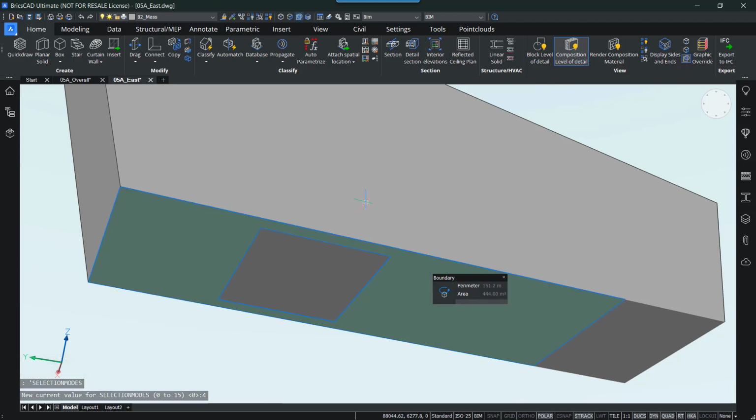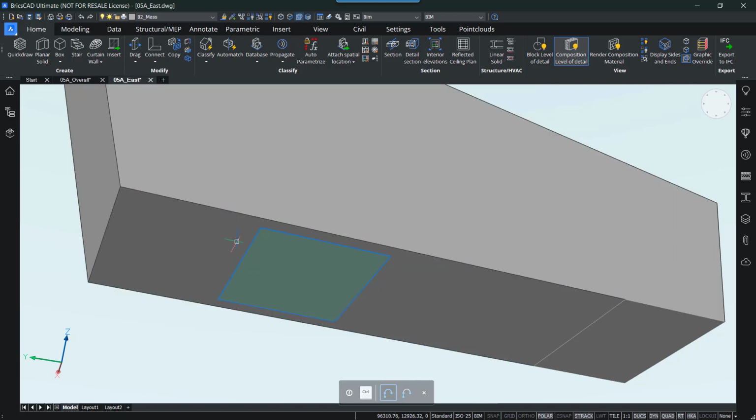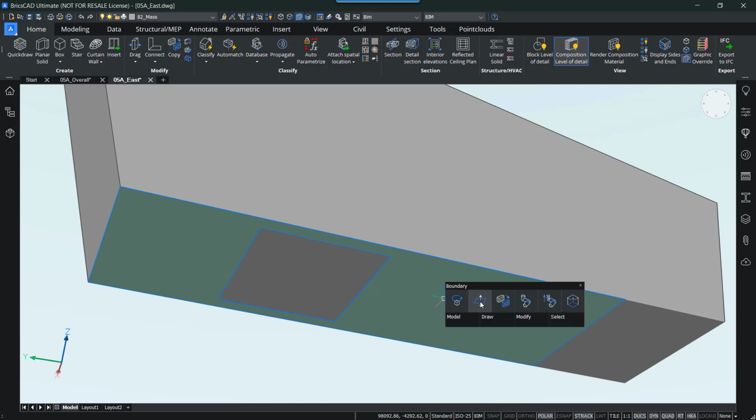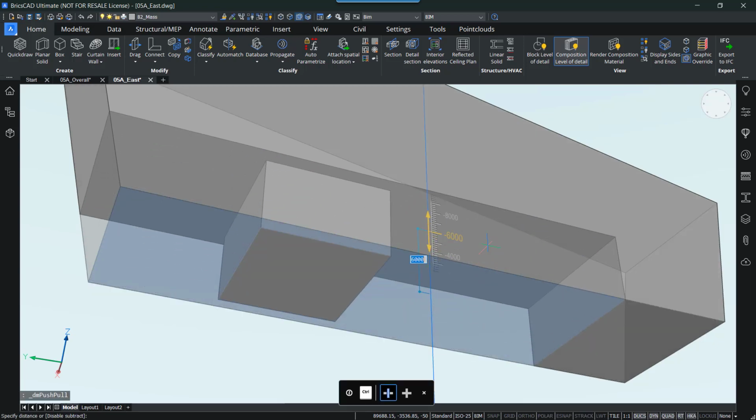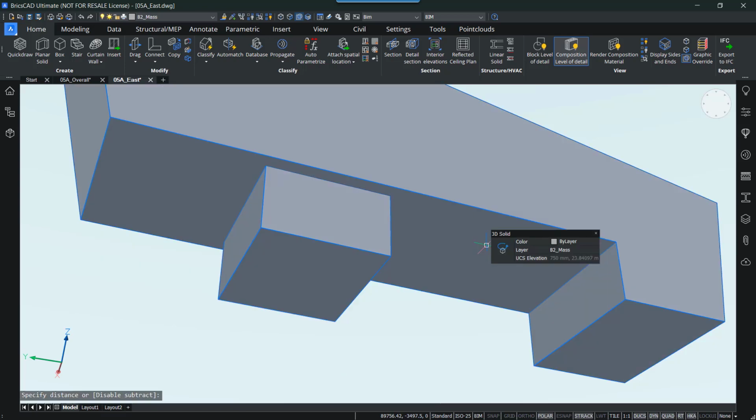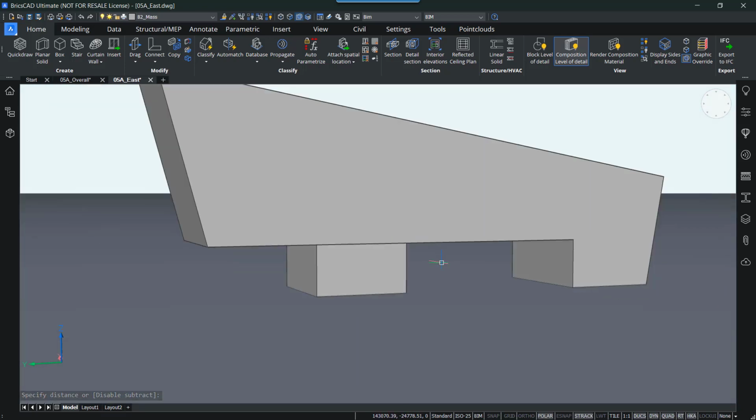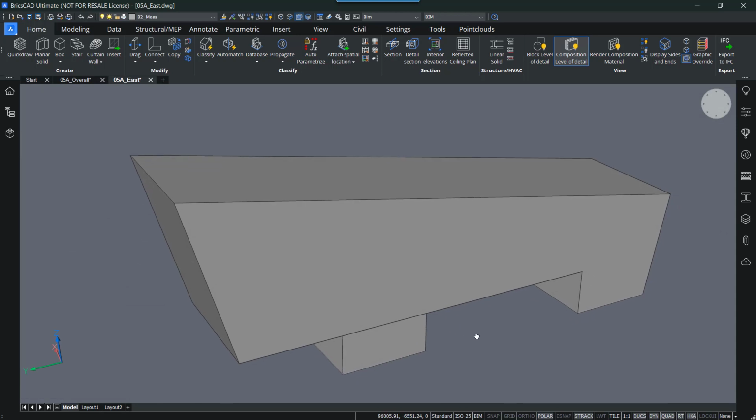So if I hover over it, you see this green surface that is defined by the edge of the solid as well as the polyline and the line right here. So I can hover it like this or like this or like this. We want this boundary, so select that, and then go ahead and open up push and pull and push it upwards for about 5,500 millimeters. So now our building should look something like that.